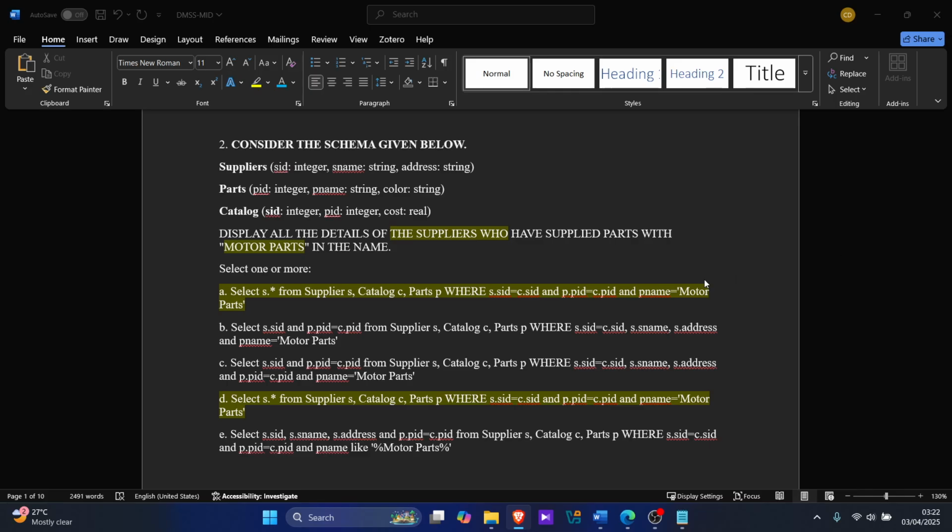2. Consider the schema given below: Suppliers, Parts, Catalog. Display all the details of the suppliers who supplied parts with "motor parts" in the name. Select one or more. A. Select S from supplier S, catalog C, parts P where S.SID equals C.SID, and P.PID equals C.PID, and name equals